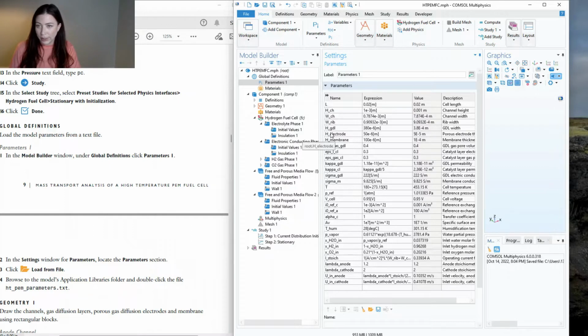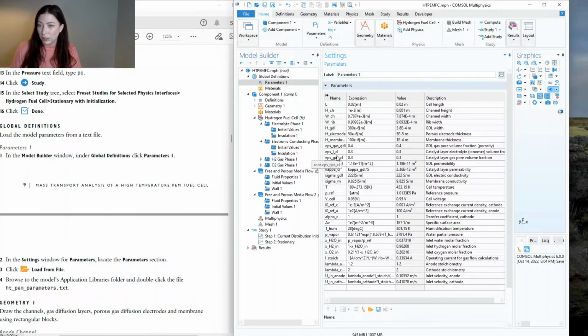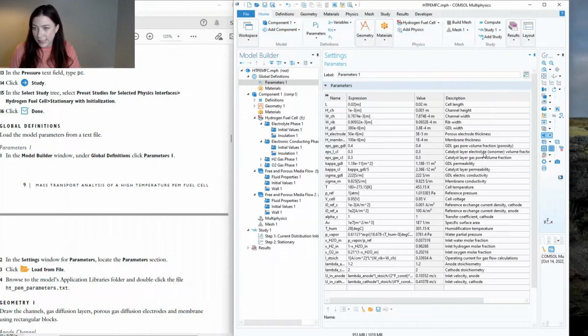We've got a rib width, the GDL width, porous electrolyte, membrane thickness, electrode thickness, GDL gas pore volume fraction, porosity of the gas GDL, the porosity catalyst layer, the ionomer volume fraction, the catalyst layer gas pore volume fraction, GDL permeability, catalyst layer permeability, conductivity of the GDL, conductivity of the membrane, cell temperature, reference pressure, cell voltage, the reference current densities for cathode and anode, transfer coefficient for the cathode,